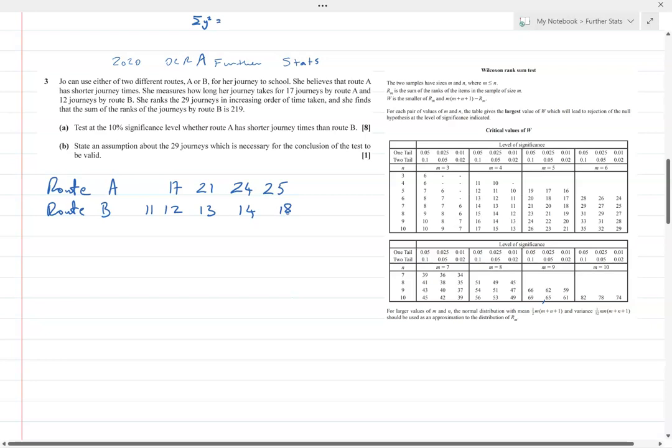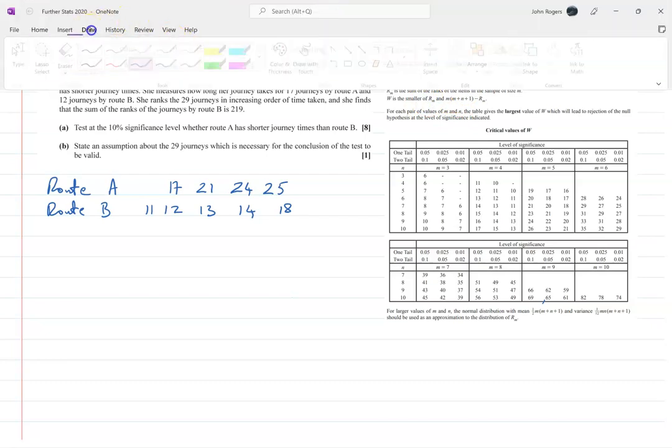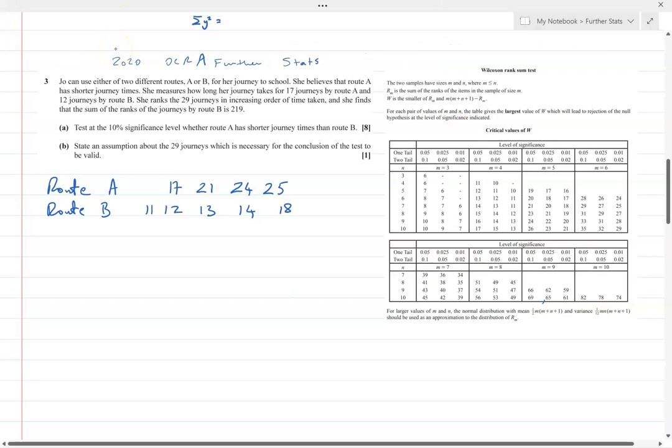Right, so what we do to actually rank these is to get this ranking number, this RM as described in the formula book, is to rank them from smallest to largest or vice versa. It's actually arbitrary, irrespective of which of these two groups they go in. So for example, the smallest is 11, the next smallest is 12, the next smallest is 13, next smallest is 14, so that's 4, but the next smallest there is 17 from the other group, and then 6 on 18,